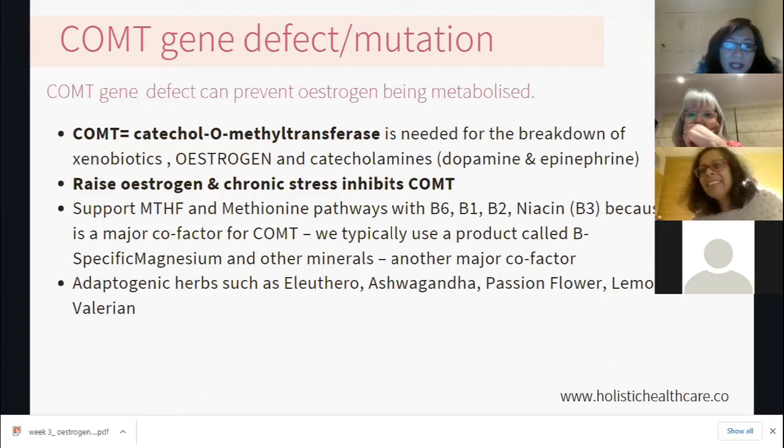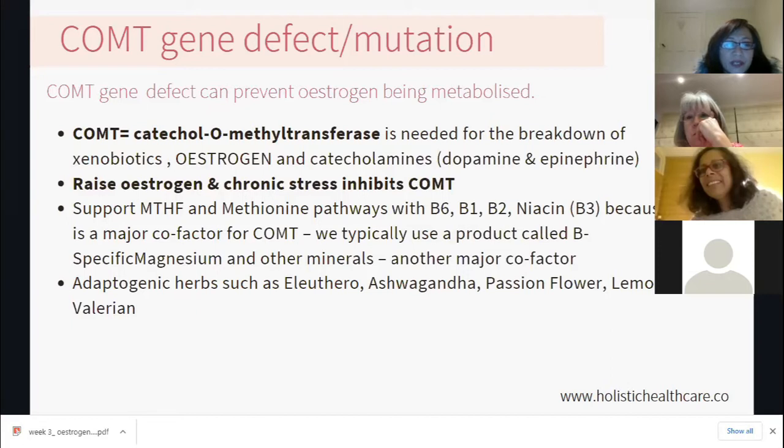It's also responsible for breaking down estrogen. So if you've got a genetic defect for this, you're not going to be able to break down estrogen properly. And as I said before, it's responsible for breaking down dopamine and epinephrine, which is basically adrenaline. So you're going to have anxiety, and you're potentially going to get mood disorders, right? Like bipolar disorder, one minute you're up, one minute you're down. You're going to be very anxious all the time because you've got adrenaline just building up because you haven't got the enzyme to break it down. And so this is something very important when dealing with chronic anxiety or people who have chronic mood disorders.